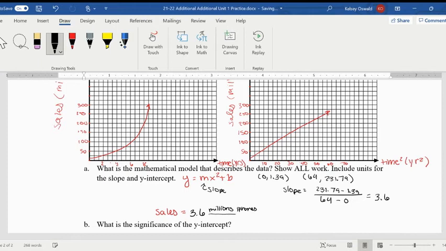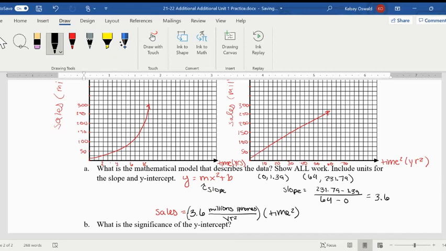And our x units after we linearized was years squared. So to find our slope, we do y over x. So we're going to find our units by doing y over x as well. So this whole number with units represents our slope. We need to then multiply that by our x variable, which we saw was time squared, plus b, which is